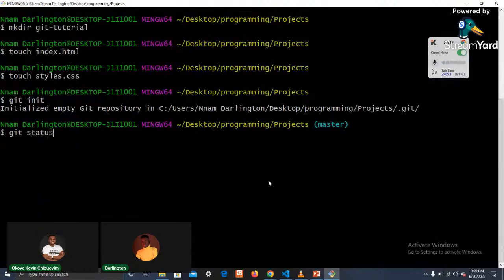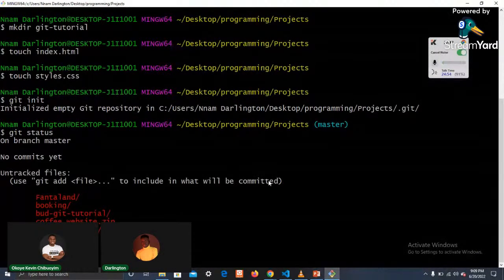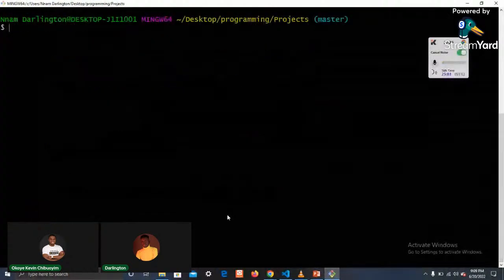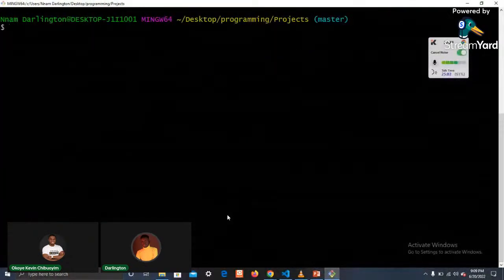So if we say git status and click enter, we could see, oh sorry, this is not the right folder for this. Let's move into our Git tutorial folder again.